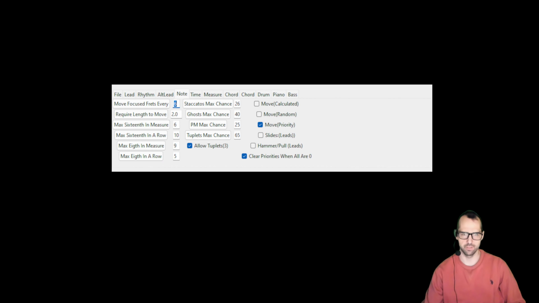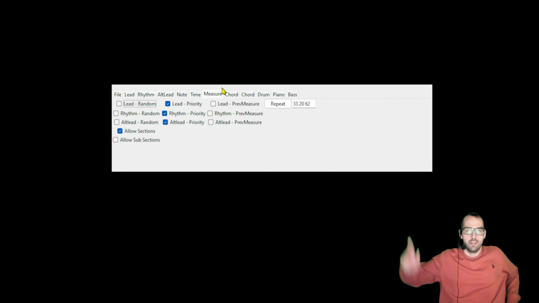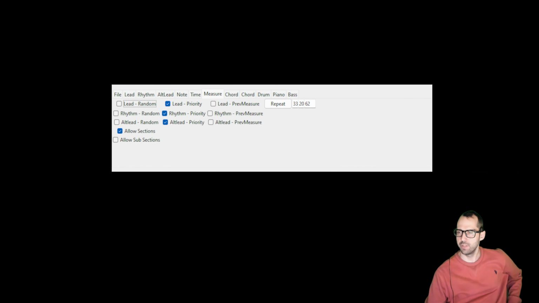So what I was trying to focus on was this tab right here. Or actually, sorry, it's not that one. It's actually measure. Okay, yeah, it's actually this one, measure priority. So right now I'm prioritizing the priority, ironically. And this system